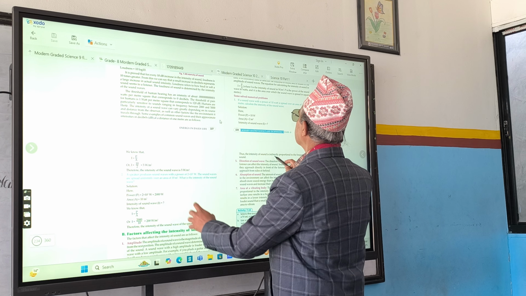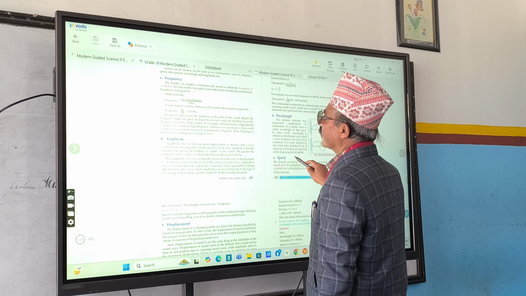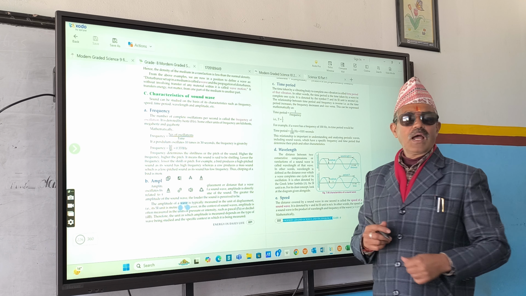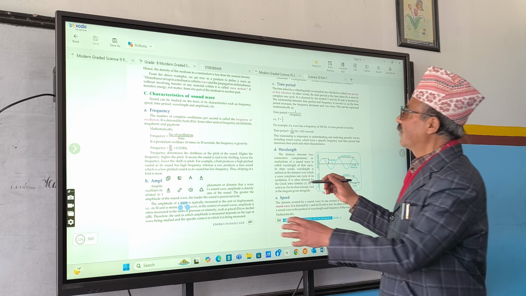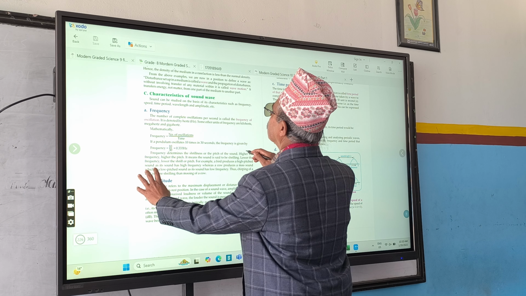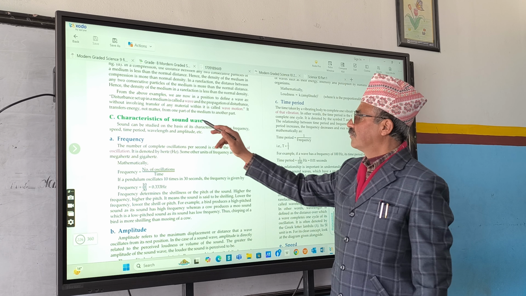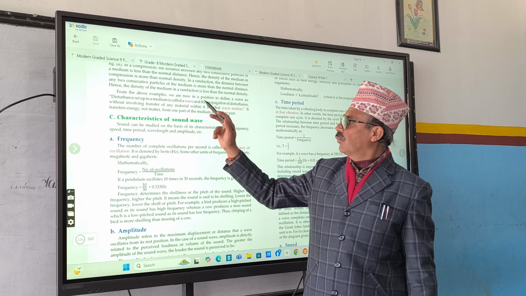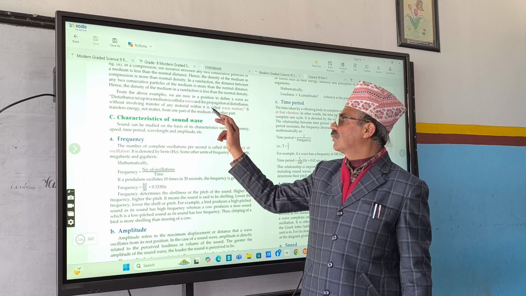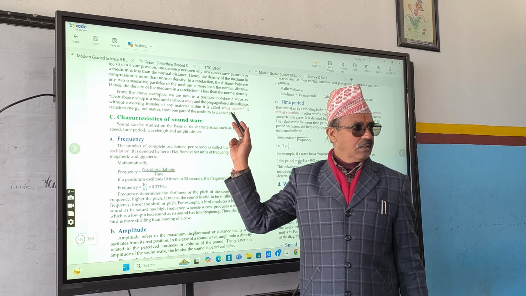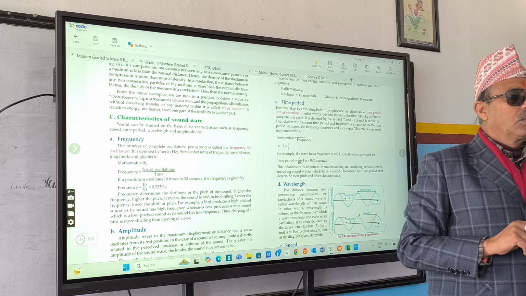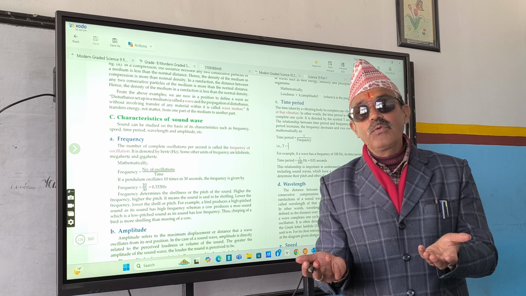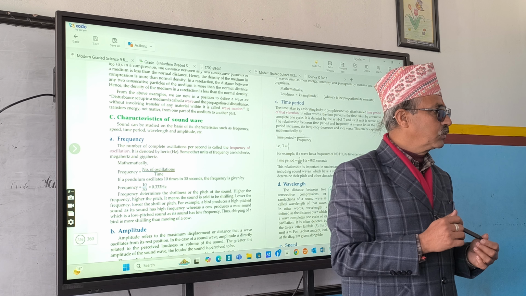So we are discussing the chapter sound. Yesterday we discussed wave motion. How do you define wave? What is the definition of wave? Disturbance set up in a medium. That is wave. And propagation of disturbance without involving transfer of any material within it is called wave motion. And we discussed already two types of waves, longitudinal wave and transverse wave. There is mechanical wave as well as electromagnetic wave also.